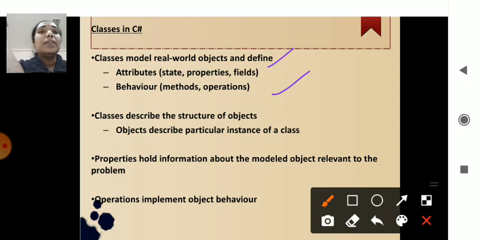Okay, the classes even describe the structure of the object. Structure of the object is nothing but how the objects which are created are called, and how they are transferred from one method to another method. Methods are nothing but functions, and from one function to another function, how they interact and what they get from those functions. Those are said to be the structure and format of the classes.